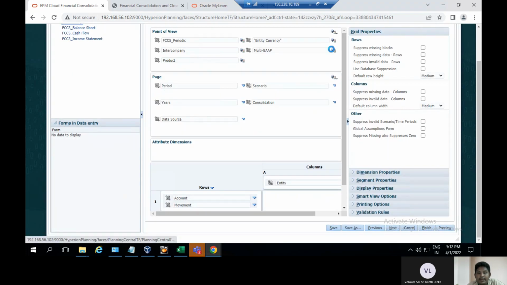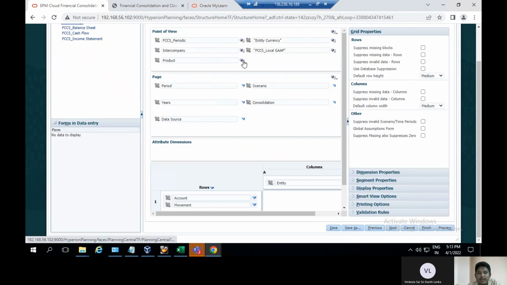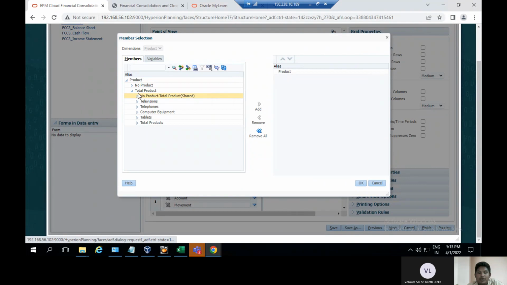Under multi gap, I choose the multi gap. Under the multi gap IFRS, I add the local gap here and click on OK, and local gap is added. Also the product, I add the product, click on no product, and click on OK, and then after that go